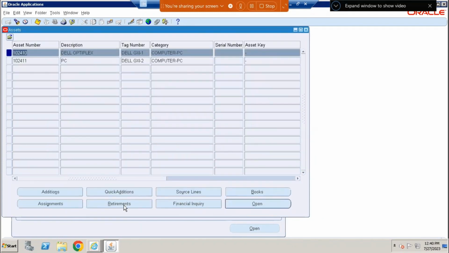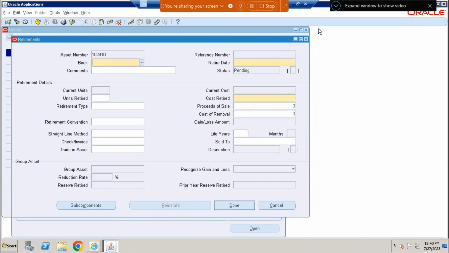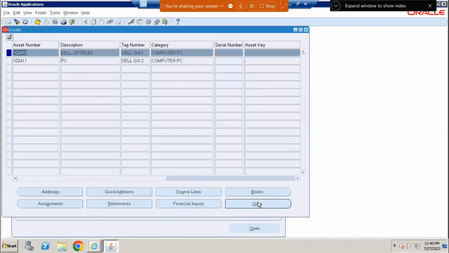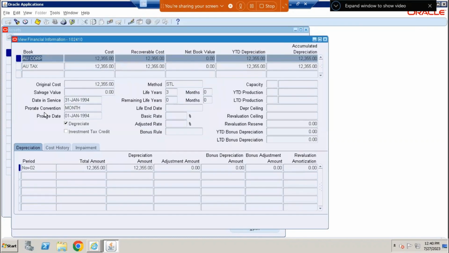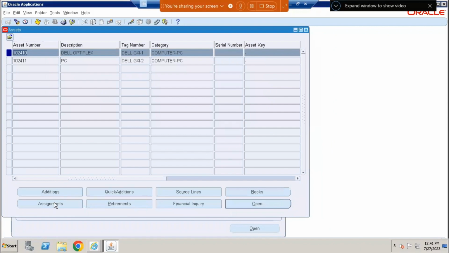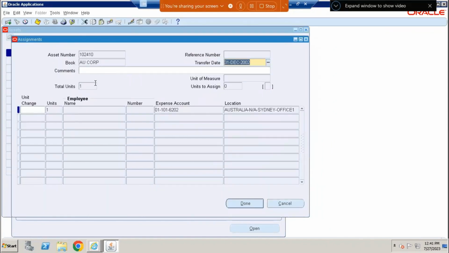Then these are the retirements that you do. These are the books, source lines, financial inquiry, any financial related information you want to check, you can come and check in this. These are the assignments. So who to whom is it assigned? Like if it is a laptop, it is assigned to an employee. If it is a